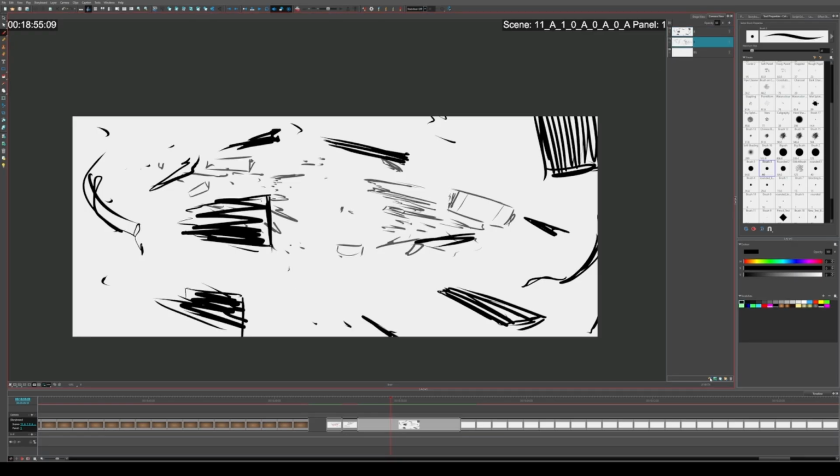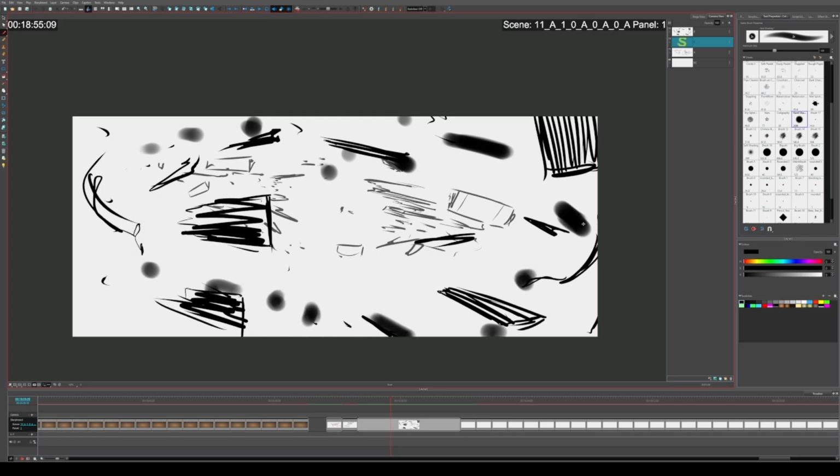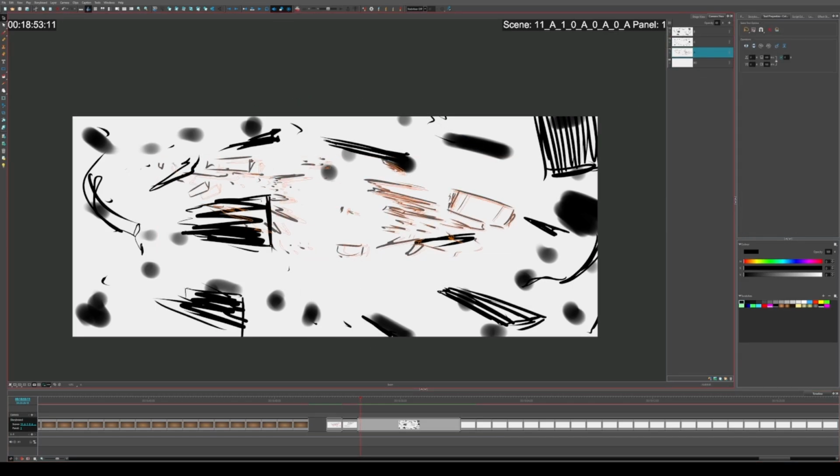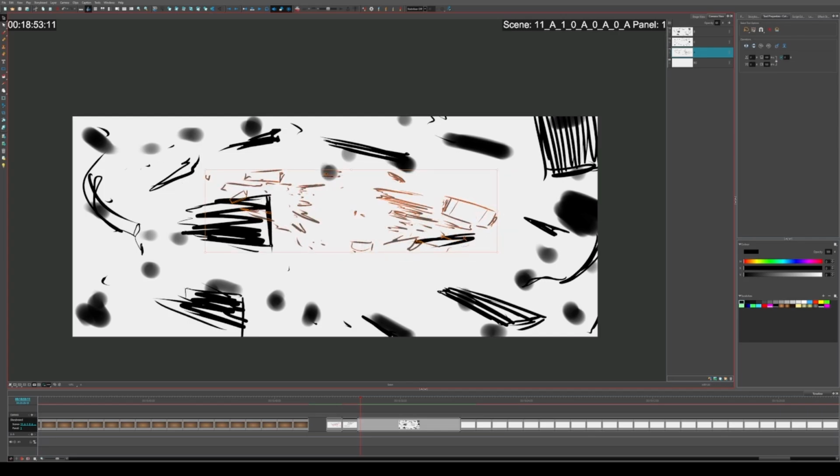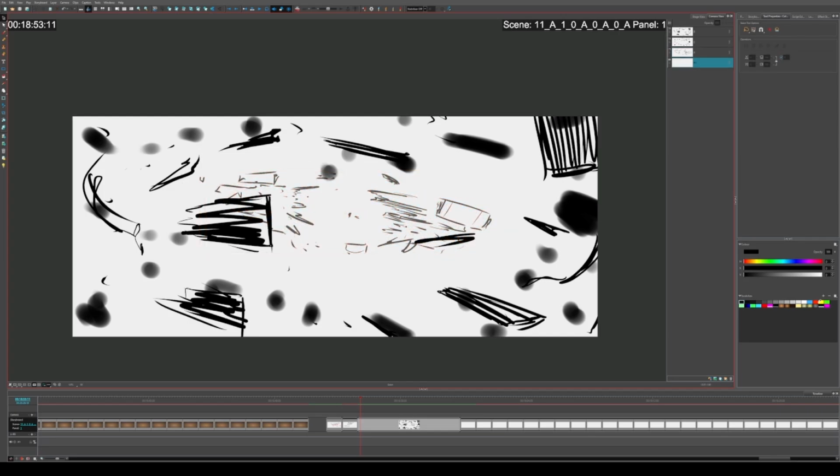This is some space debris. I'm going to add some more space debris. It's like in the foreground. Alright, so we're going to have some sort of background. Maybe with